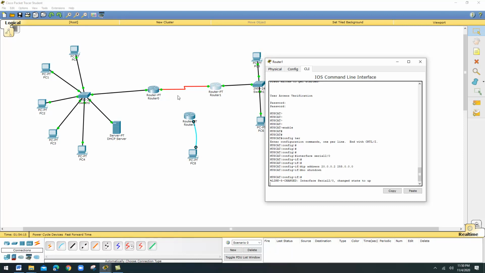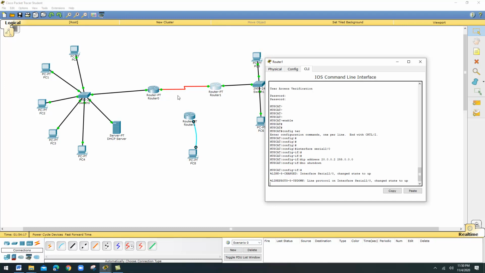So what we have done here: we fixed the IP address for the router, that means for this serial interface, by using commands. What is the command sequence? The first command is enable, then config terminal, then go to the interface, interface serial 2 by 0, then fix the IP address with the subnet mask.